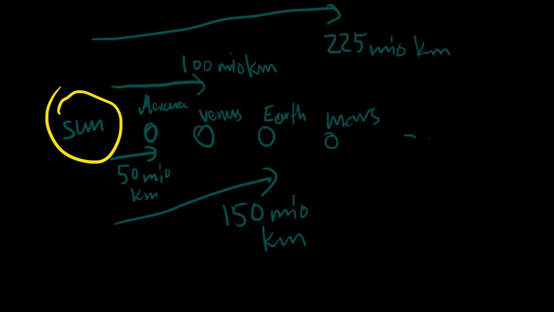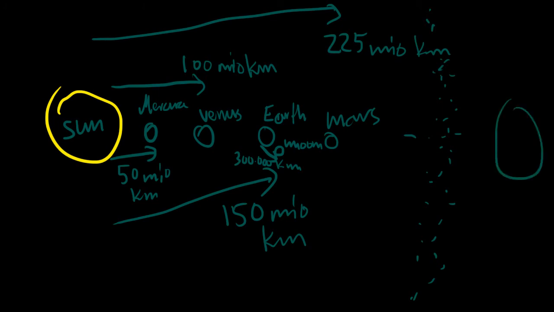And just for comparison then, our little moon here, that is 300,000 kilometers from the Earth. And all these planets in here, they are hard planets. That's the inner planets. And then when you come out here, then there's some asteroid belts, a lot of debris from the past, and then some huge planets come here. And we will look at that in the next tutorial.